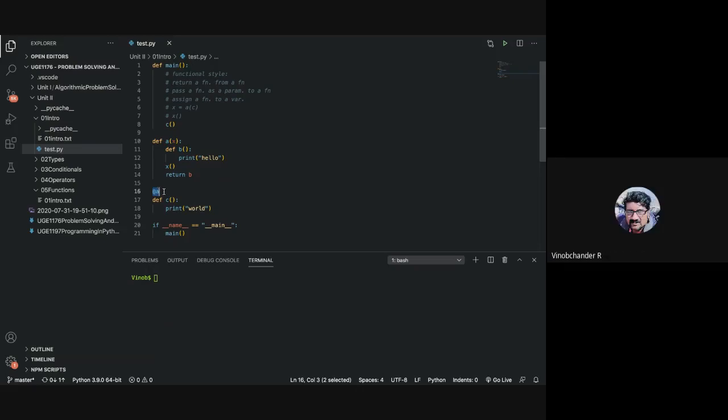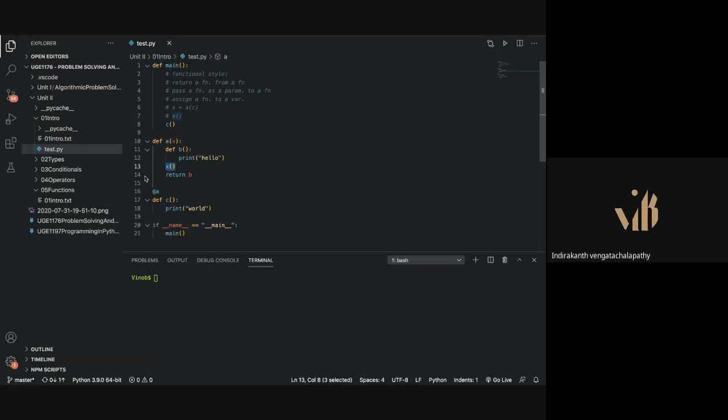Sir, I'm not getting why the world is printed first. Why is the world printed first? Because line number 13 is called before line number 14 to be more specific.